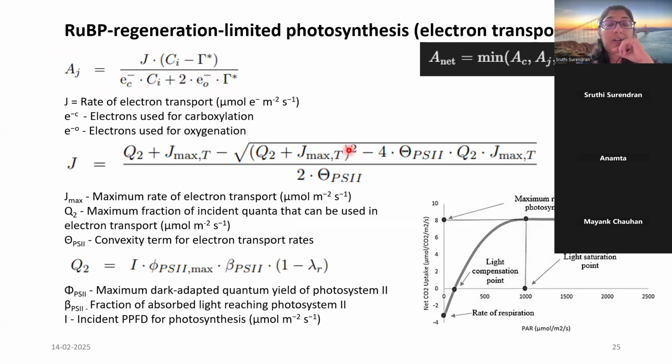Now Ec and Eo are used as 4.5, and another set of values uses Eo as 5.25. That is because for every carboxylation, the corresponding